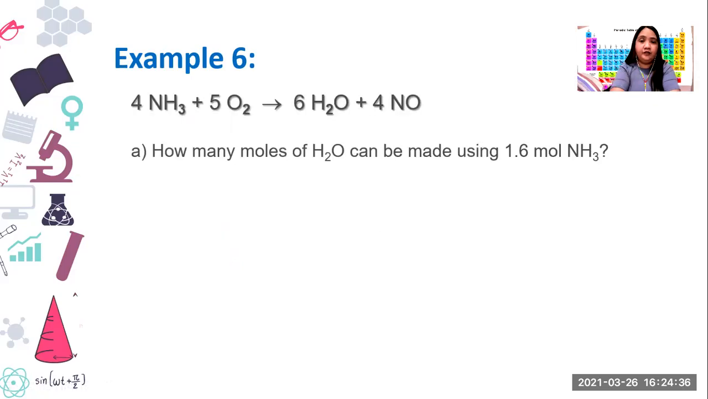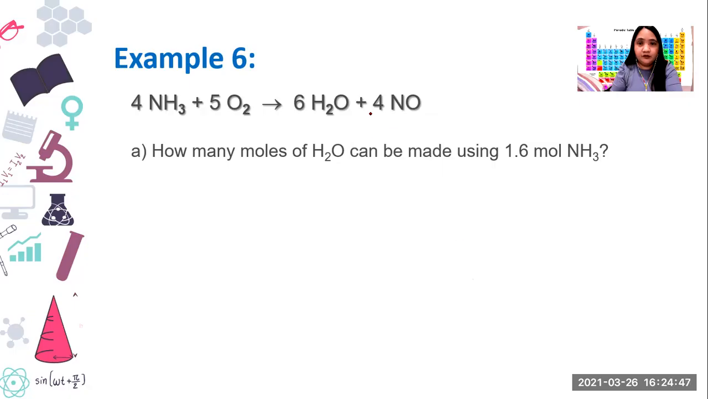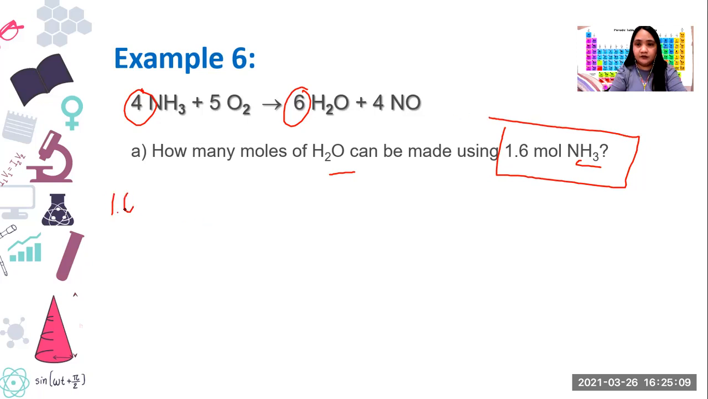Okay, the first question is how many moles of water can be produced using 1.6 moles of NH3? So I'm just going to get a pen tool. Always refer to the statement, what is given. So you have water and you have NH3. The water ratio is 6, and NH3 is 4. So you have to start with this. This is your given. So 1.6 moles of NH3 multiplied by